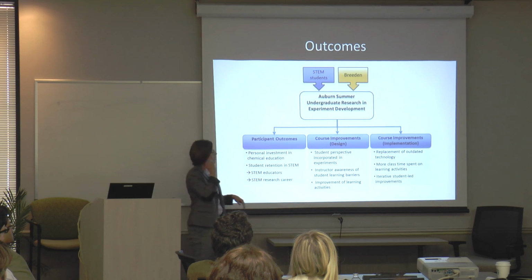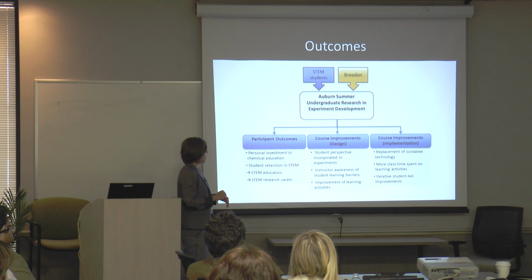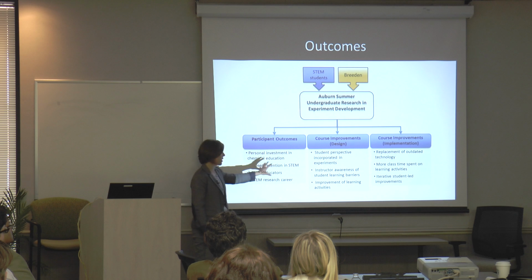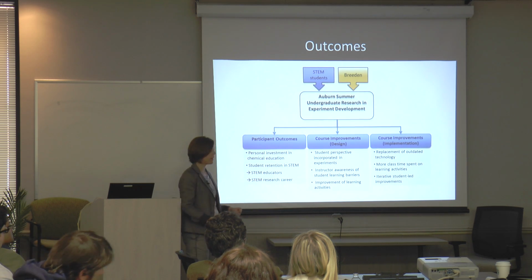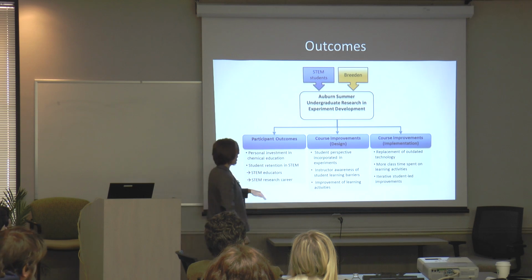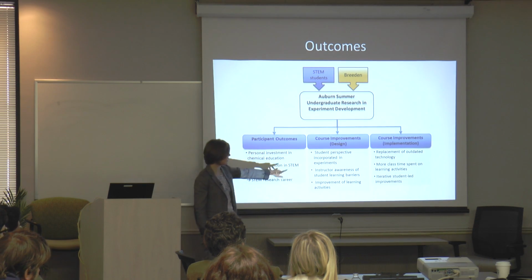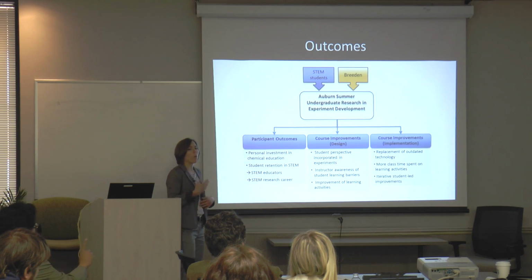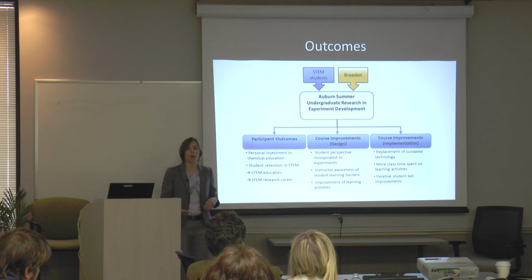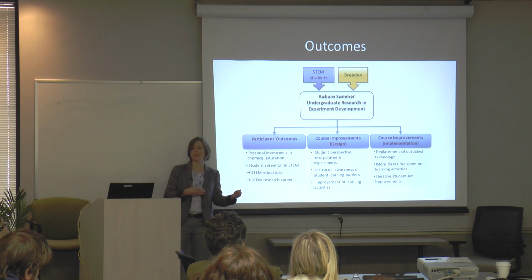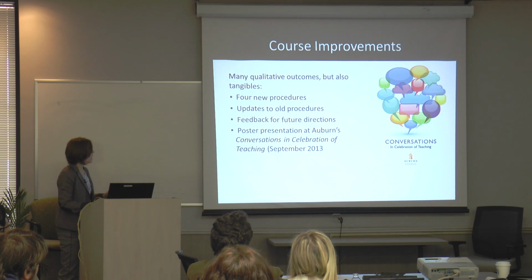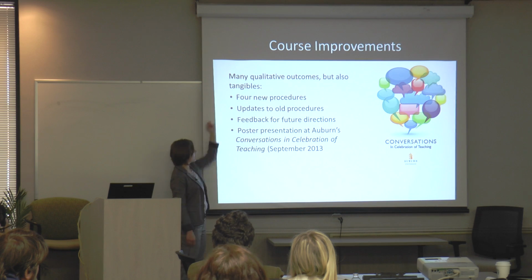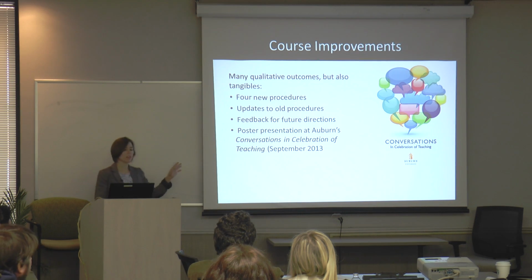So we put our goals and hoped outcomes into 3 major categories. The students themselves, so giving them a personal investment in chemical education, trying to maintain their participation in chemistry. We had the design improvements to the course. So like I mentioned, the student perspective and us being aware of their problems. We noticed that often our opinion of an experiment was different than the student opinion. And finally, implementation technology things. So over the course of the summer, the kids developed new procedures, updates to old procedures, feedback. We made a